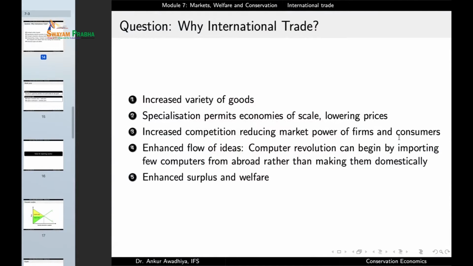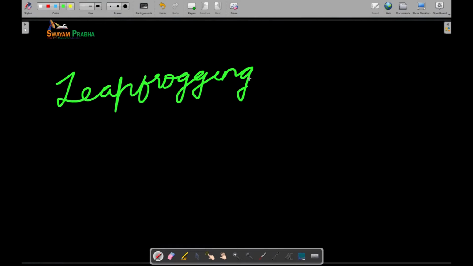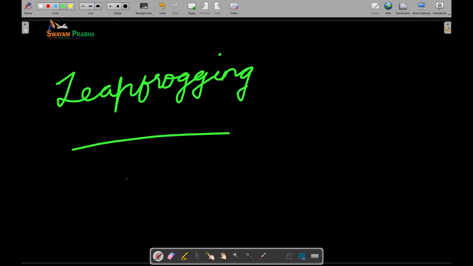Then there is an enhanced flow of ideas, such as a computer revolution can begin by importing a few computers from abroad rather than making them domestically. What we are saying here is that with international trade, it is possible for countries to do leapfrogging. Leapfrogging means that a country can move from a state of technology, say state A, to state C by overcoming state B. So what we are saying here is that in a normal course of action, say a country would have begun